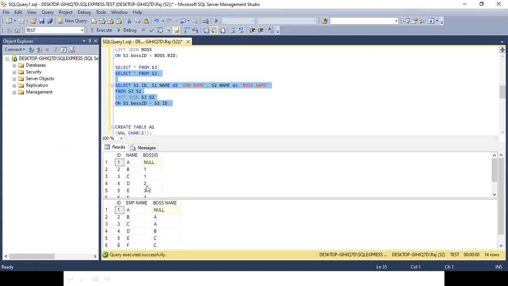Sorry, one question. Tell me. We say that we use self join when we want certain fields to be used for different functions. For instance, here there is a hierarchy, right? In simpler words, we can say that when we want to compare the table to itself, or to put it more simply, if you want to compare two columns of the table, then it is known as self join.